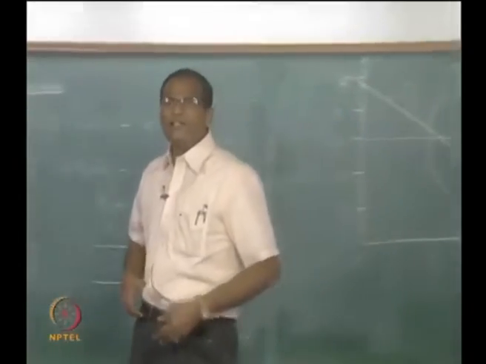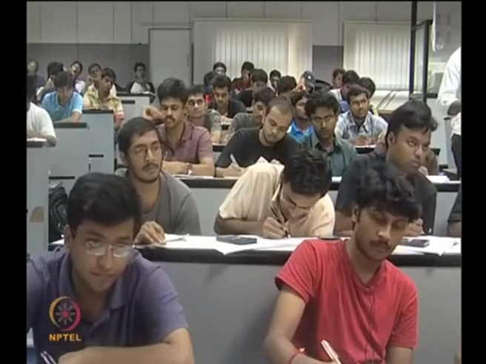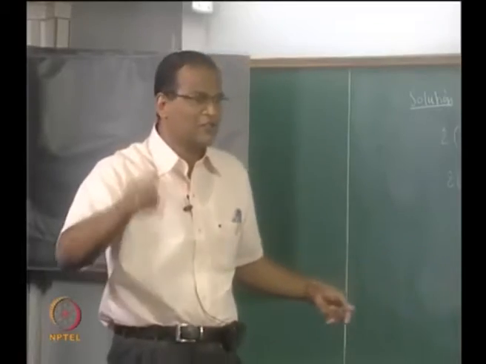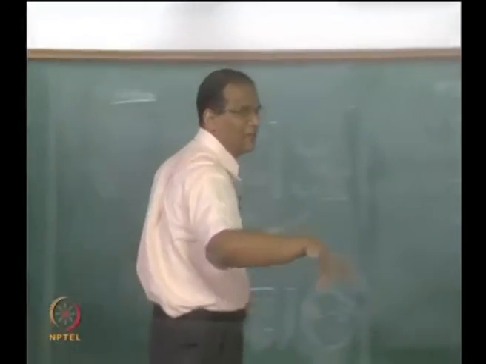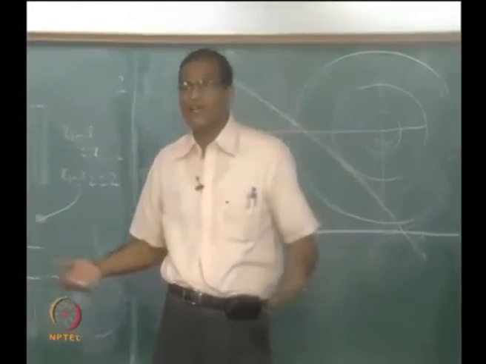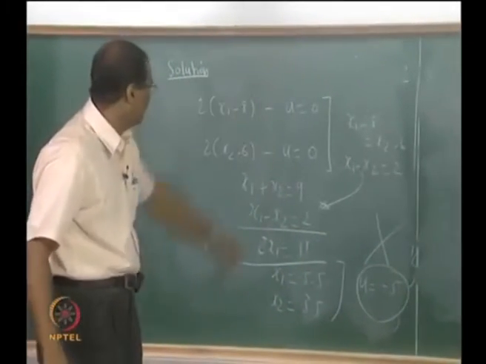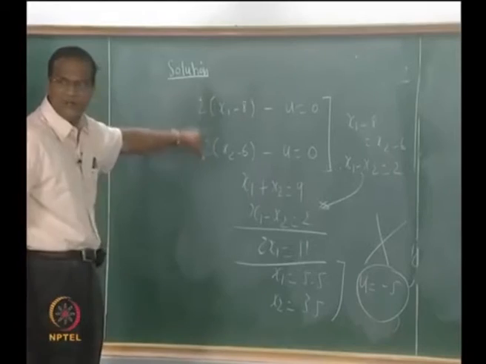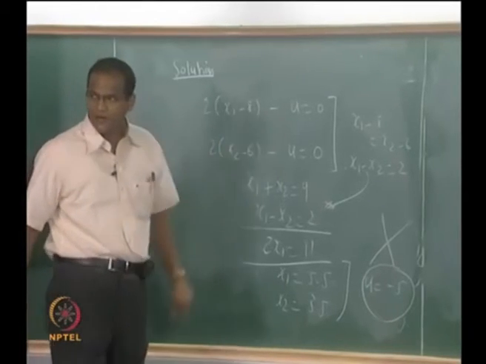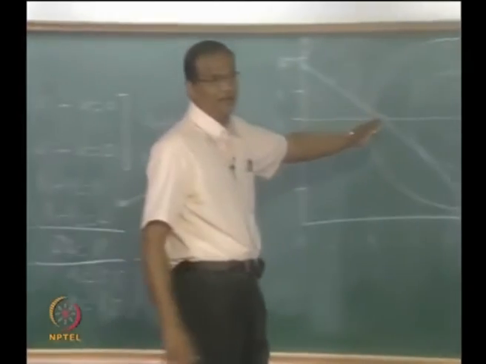If U is 0, it means the Lagrange multiplier is 0. Some people call U also the Lagrange multiplier, because when you actually find the value of U, you are treating it as an equality. So strictly it is also a Lagrange multiplier. If U is equal to 0, it doesn't cause any disturbance to the objective function. Now please rework the problem, all the other things are pretty straightforward. Up to this the steps are the same, right? Abhishek, you got the idea of the whole thing. Now this will be so evident.